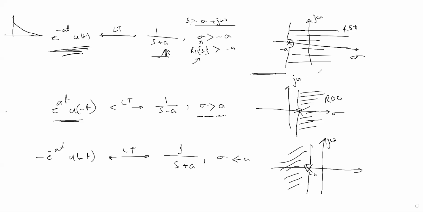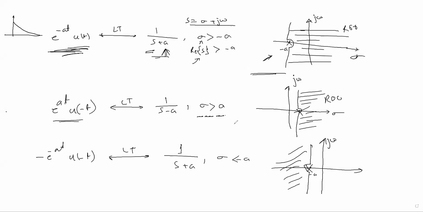Why is it important to draw the ROC? I have said that the ROC contains so many pieces of information about the signal or system. By looking at the ROC, you can say so many things, whether the signal is right-sided or left-sided or both-sided signal sequence, or whether the system or signal is stable or not. These are things we can say from the ROC curve. We can say also what is the power of s. Okay, if there is only one pole, then we can say there is only one power of the s in the transfer function. So many things we can say from the ROC graph.